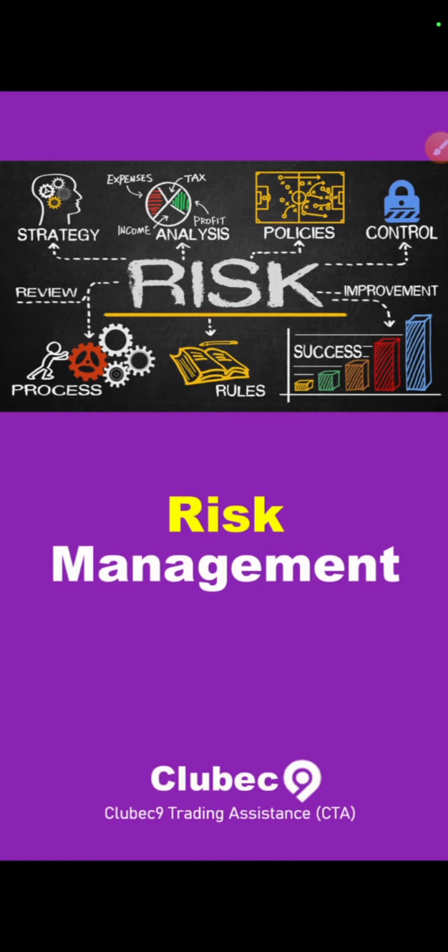So for you to take a trade, you need to know some things. Let me just mention those things. You need a strategy. You need to be in control of your strategy. You also need to analyze the market. You also need to review the market, then follow your rules. Then the last one will be capital exposure. Let me take that again: strategy, control, analysis, review, and follow your rules, and capital exposure. Now, what I will lay more emphasis on is the capital exposure because that is where the risk comes in.